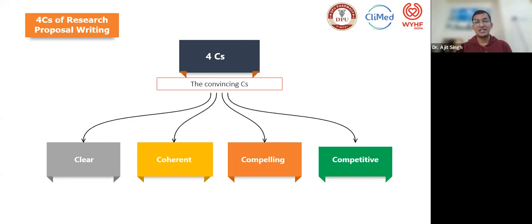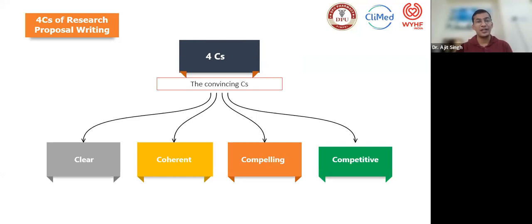These 4 C's are called the convincing C's. On the basis of these C's only, you can convince the funding agency, the funder, the people whom you are asking for the funds. So it should be clear, very clear, neat and clear. Then coherent: your idea must be understandable and coherent with whatever the funding agency is looking for. It should be clearly understood by everyone. They should understand, and you should understand the alignment.